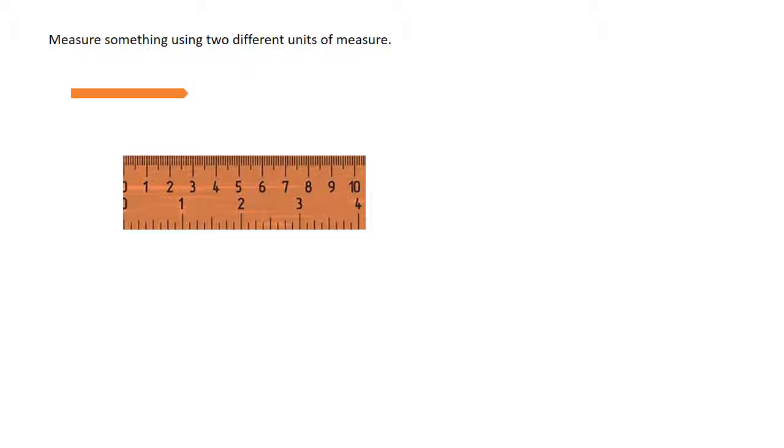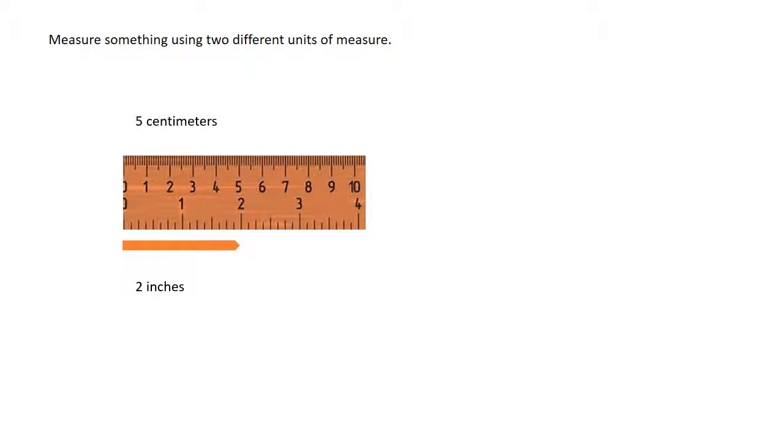Here's an object to be measured. We'll line the end of the object up with a 0 on the ruler and notice that it is 5 centimeters long. We'll now move it down to the inches side of the ruler and notice that it is,